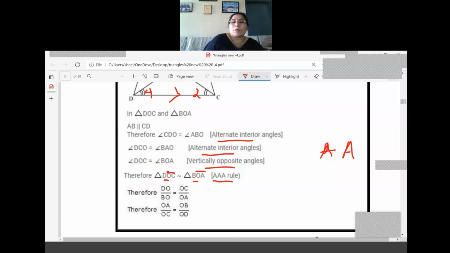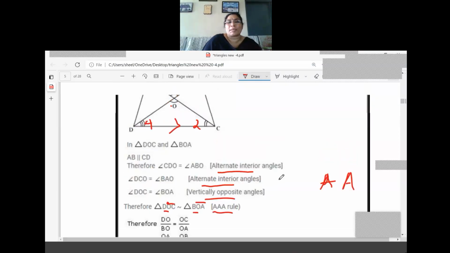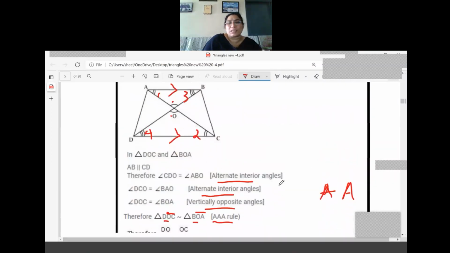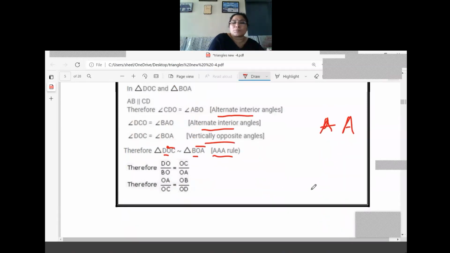Now we got this one, but it is not in the required format. See that one, OA by OC is required. So we are cross multiplying, and otherwise taking the reciprocal, we can say that OA should come in the numerator. So just taking the reciprocal of that one, OA by OC equal to OB by OD. Left side and right side we are changing the numerator to denominator and denominator to numerator only. So same easy rule only.